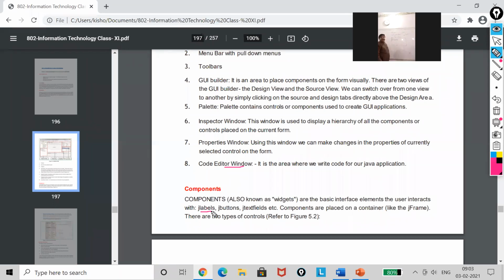Now "enter your name" should be created with the help of a JLabel control. Next, here I will use a text field, my dear. When I run my form, at that time it will ask me what to enter: your name. In the same way, if I want one more control, it will ask for the roll number.